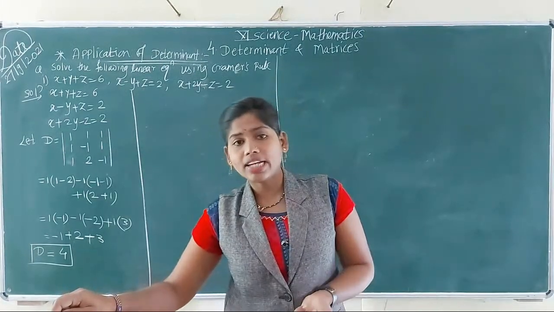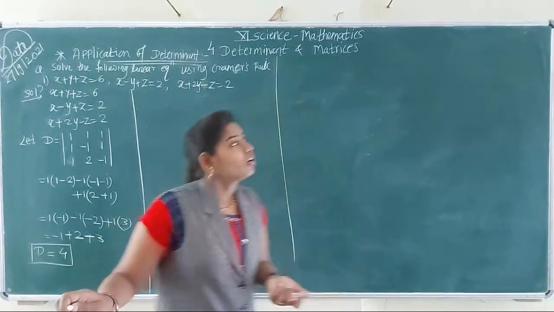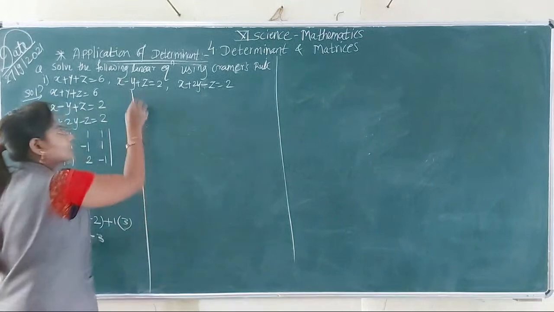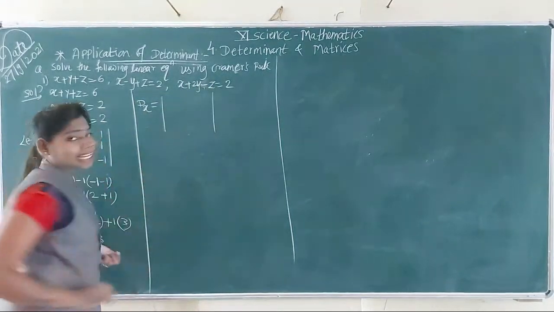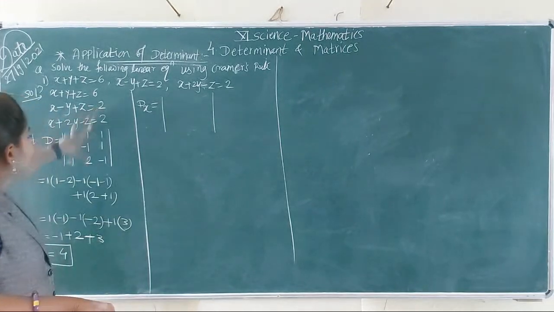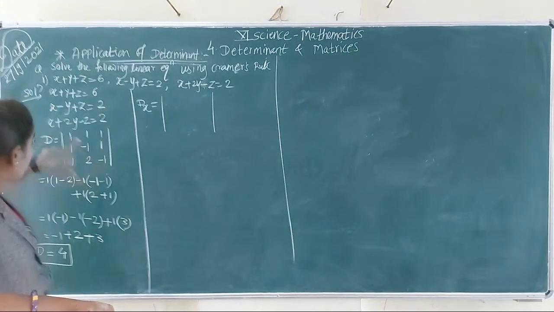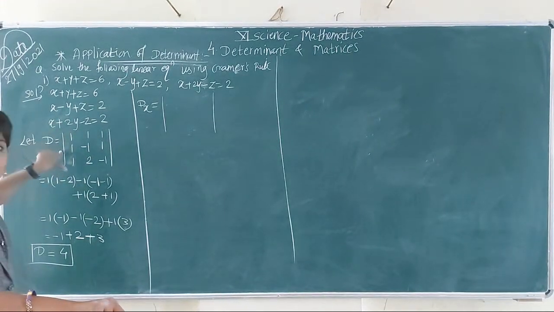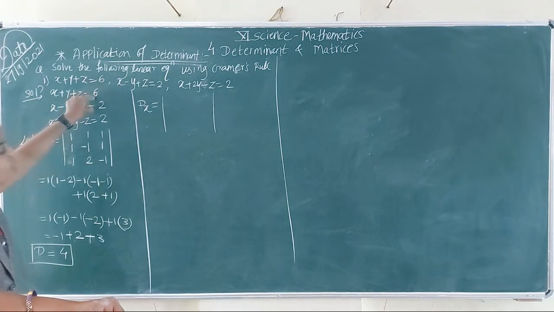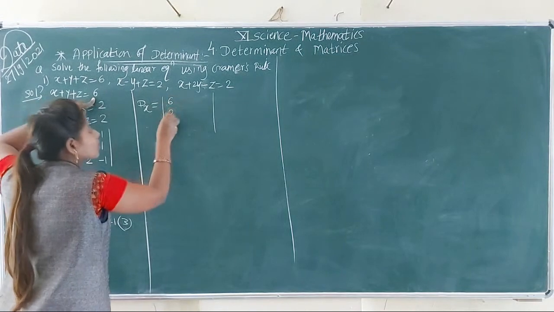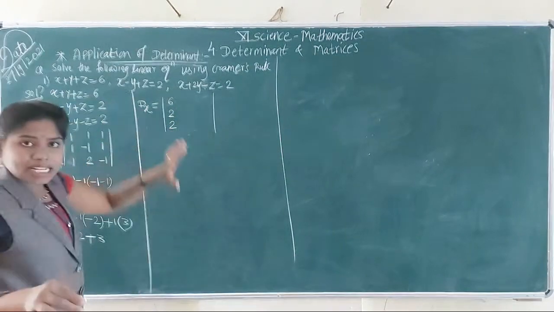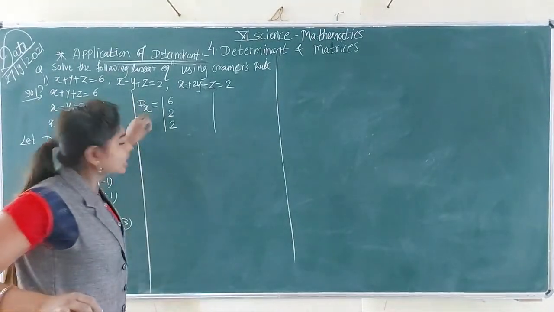Next we have to find dx. For finding the value of dx, replace करना, replace coefficient of x by constant term. हा जो काय फर्स्ट कॉलम आहे, फर्स्ट कॉलम कशाने रिप्लेस करणार, constant term. So first column is 6 2 2, replace first column for finding the dx,